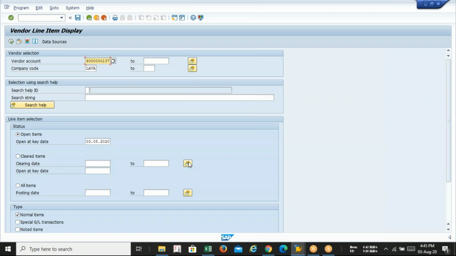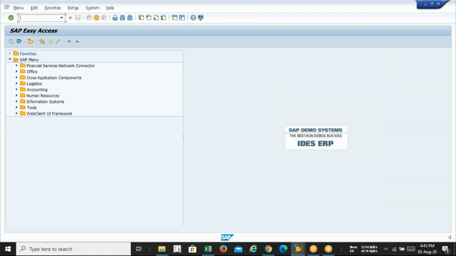Okay, so I think part payment is clear to all of us. Can I repeat the payment again? I can show you another 5 lakh 10 amount of payment. If you want to see, I can repeat the part payment again. Okay, so let's make the payment of 5 lakh. So what is the T code? F-53.